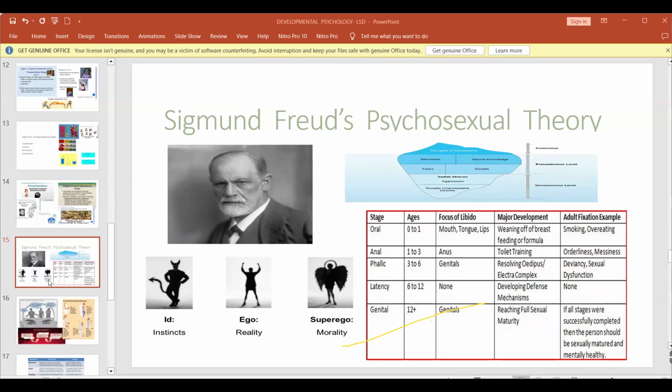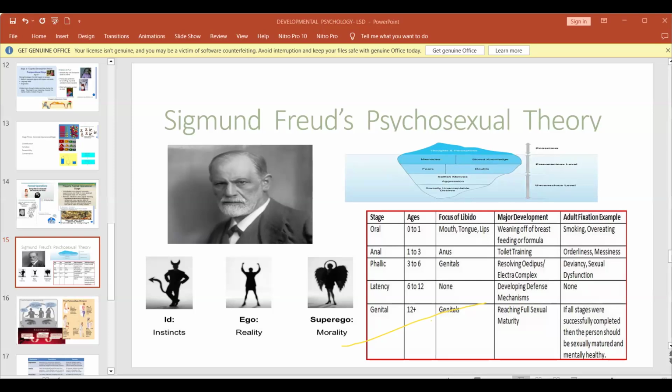They try to identify with the same sex parent because it helps them control their feeling of attraction towards the opposite sex parent. Why do they want to do that? Because now the superego component of personality is there. They feel guilty. So the realistic component says identify with the same sex parent.